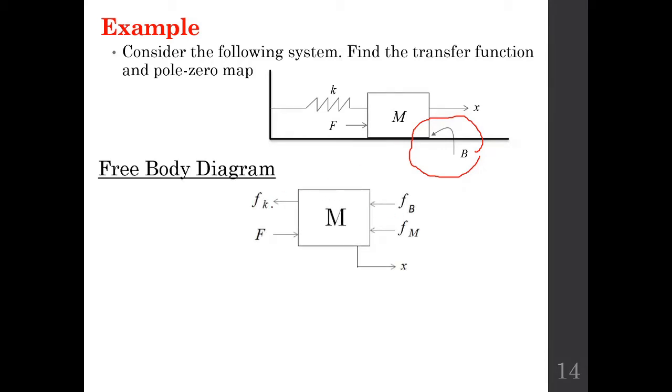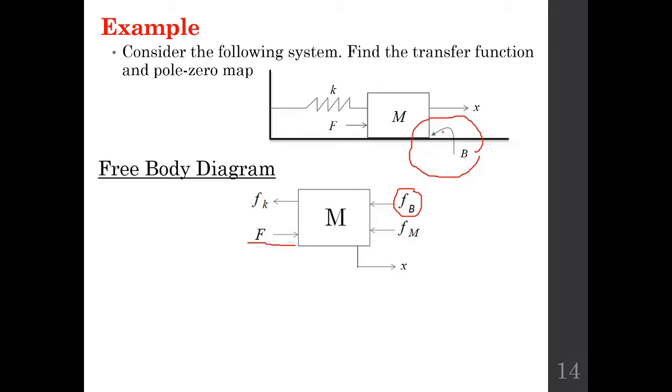In that case, your free body diagram will become this. Now this is the direction of the applied force, so the displacement will be in this direction. Now there will be three types of forces acting on this body in the opposite direction to this applied force. One is the force which is applied by the spring, then the inertial force of the body, and this is the opposing force due to the friction.